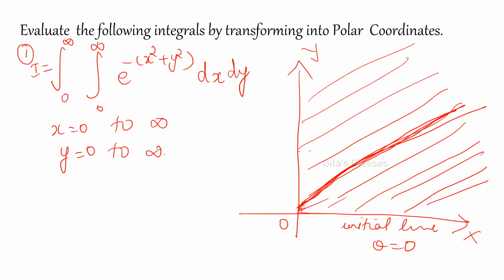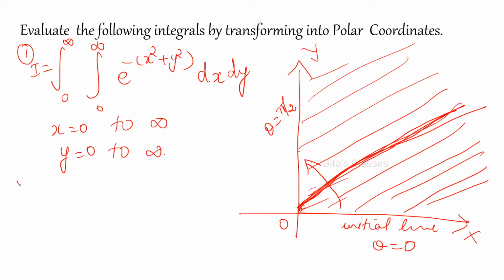So first you have to coincide. This line will coincide with the initial line and you have to go in the anti-clockwise direction. You have to rotate this line to cover this region, and where will you end? Theta is equal to pi by 2. The y-axis is equivalent to theta is equal to pi by 2. That is, you have to rotate this line in the anti-clockwise direction by 90 degrees, so that it will coincide. When you rotate like this, it will cover the shaded portion.